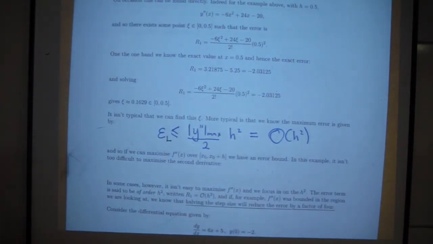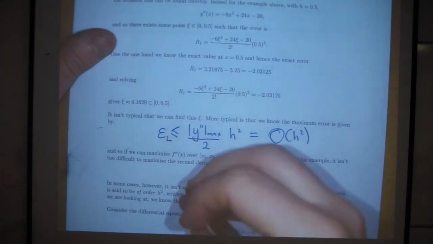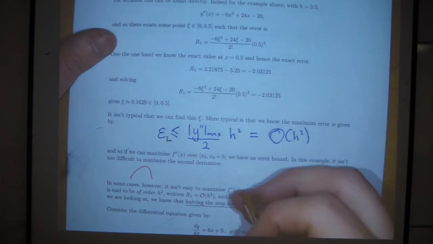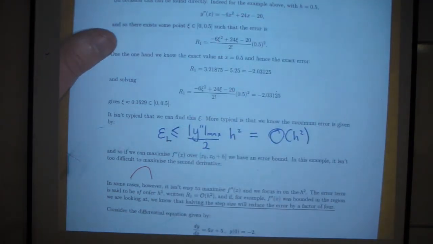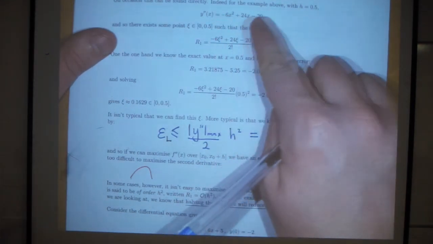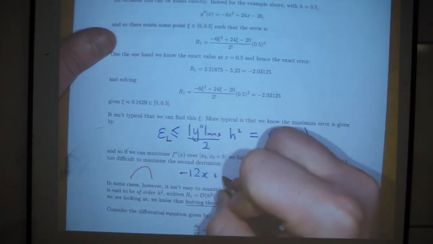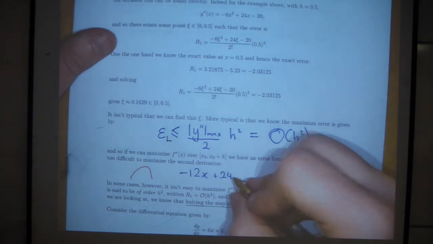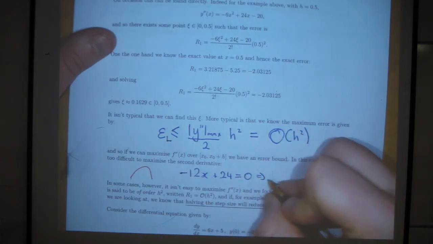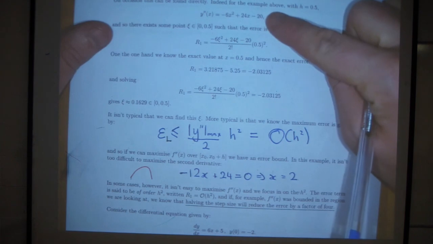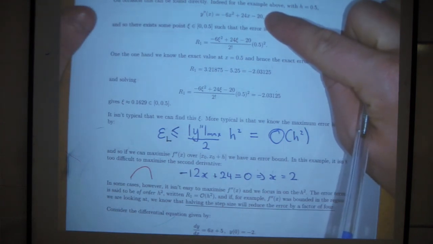This thing is a minus x squared, and so the max occurs where the derivative is 0. So you differentiate the second derivative. I want the derivative of the second derivative, the third derivative, which is minus 12x plus 24. I want this to equal 0, and I think I end up with x equal to 2. So I could put that 2 into that. What do you get? I'm not sure. 48,